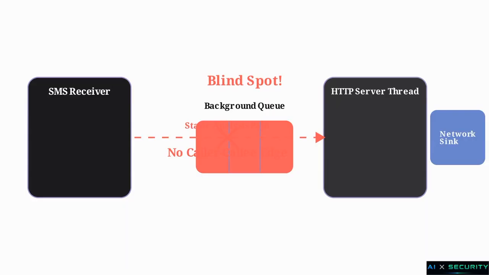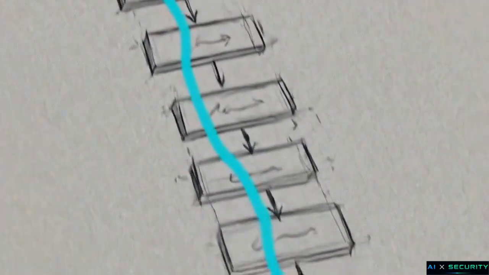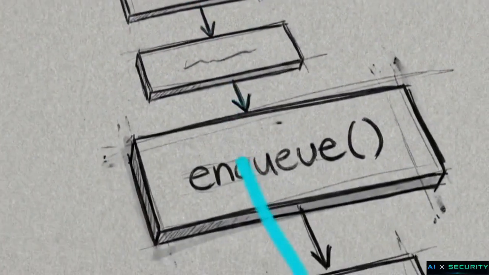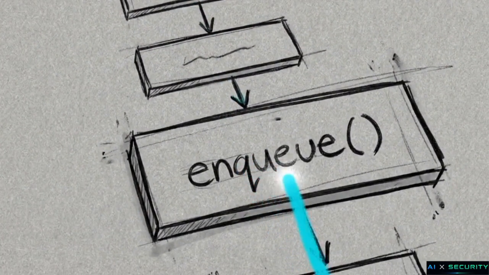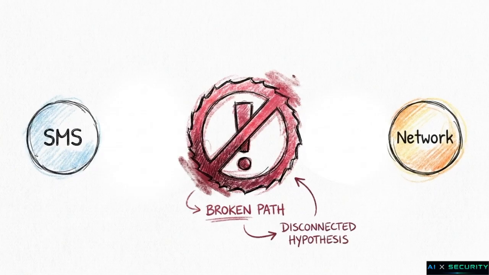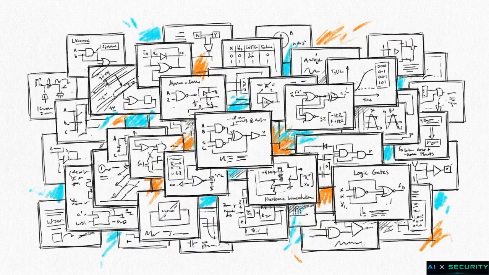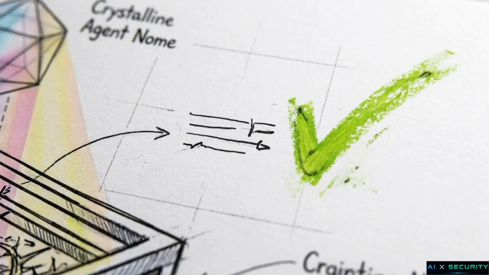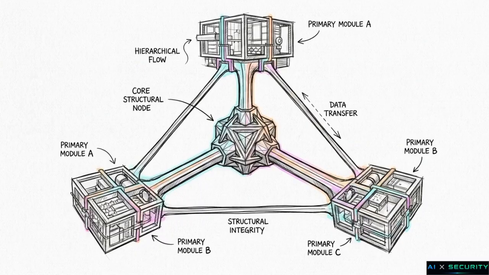There is no explicit caller-callee edge connecting the initial SMS interception to the final HTTP network sync. If you point an unconstrained language model at this code, it will typically trace the execution to the enqueue operation and stop, failing to connect the SMS content to the final network sync, or worse, it will invent a connection without any actual proof. Isolated static facts are insufficient here. An automated system must reconstruct how these dispersed program fragments interact, and it must demand concrete, execution-relevant evidence before making any behavioral claim. Researchers at University College London developed the Malaika framework to solve this attribution problem through a methodology